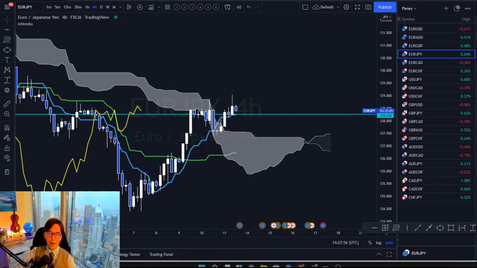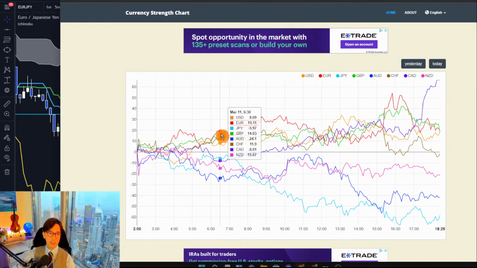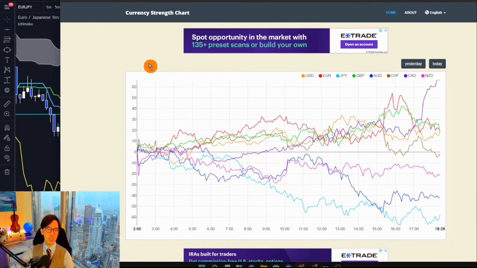Alright, Val says, since I use the currency strengths, my trade becomes accurate. Thank you for sharing your strategies. Oh, you're welcome. Yeah, the currency strength chart is very powerful. I refer to this currency strength chart every day. Before I take a trade, I also look at it. And when I see multiple pairs trending, I look at the currency strength chart also and see which one is